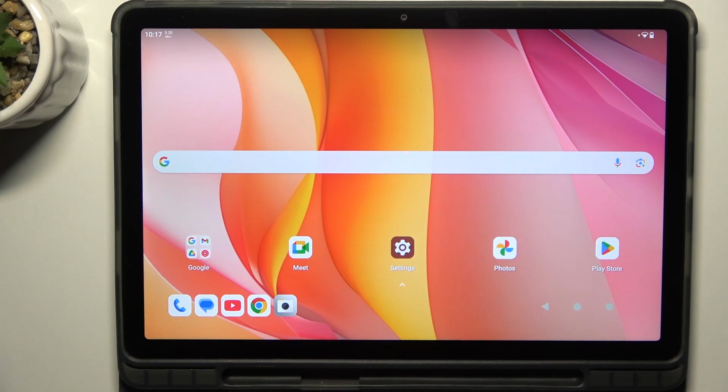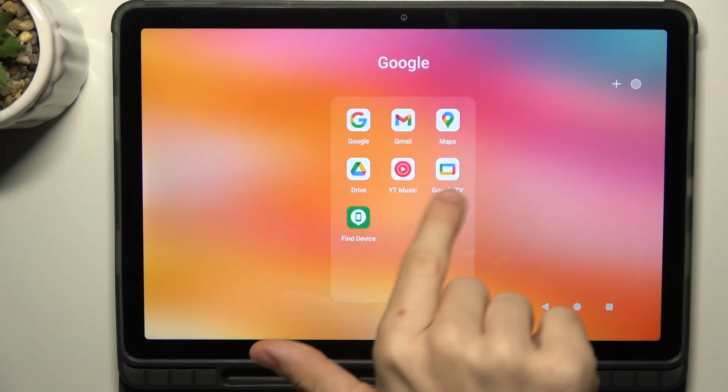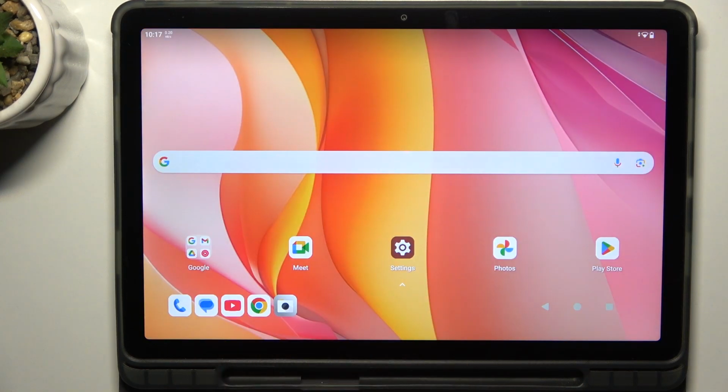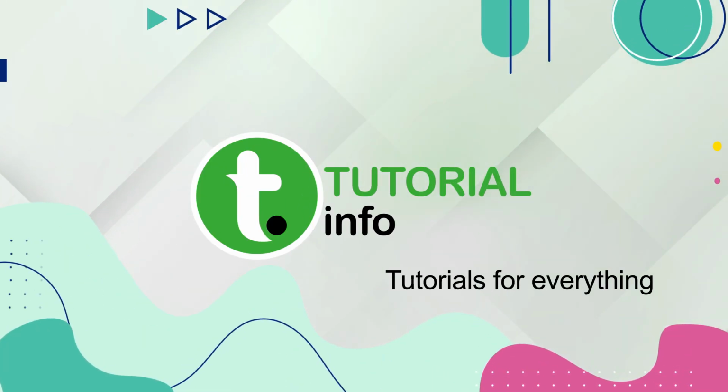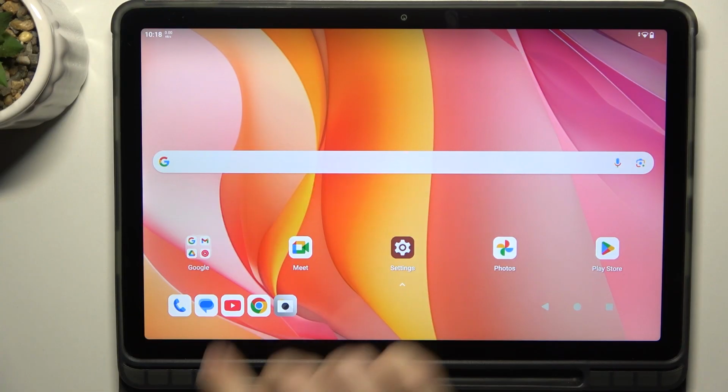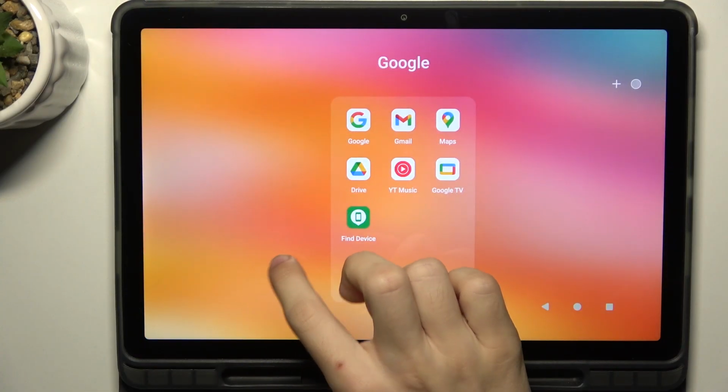Hello, in this video I'm gonna show you how to create folders on the home screen like this one on the AGM Pad P2. You can see that it already comes with a pre-installed Google folder,